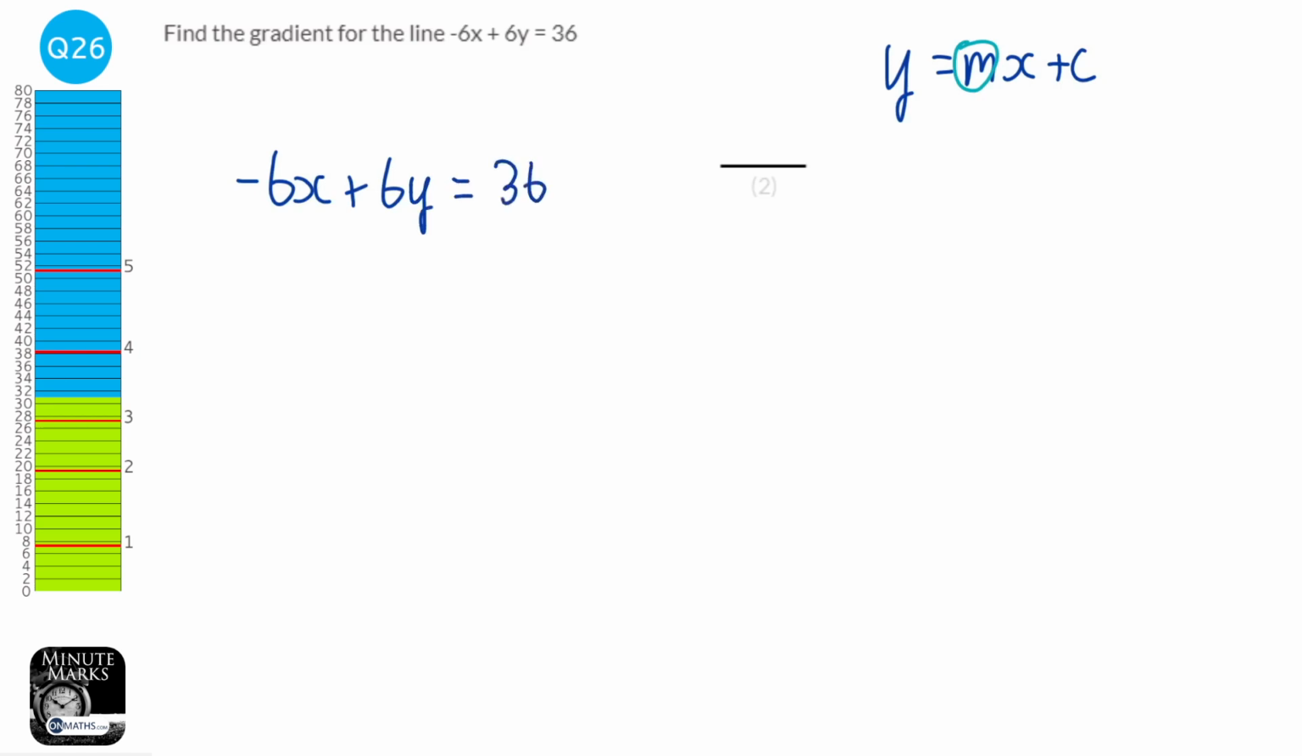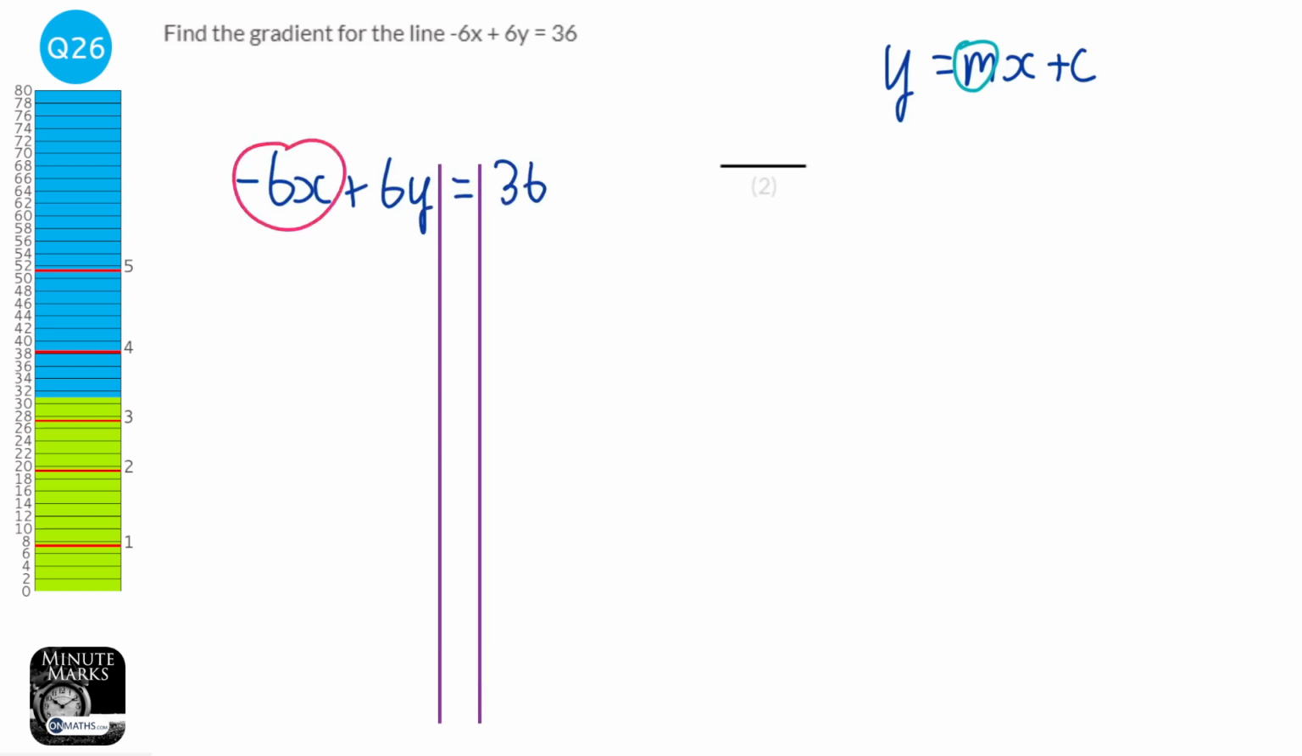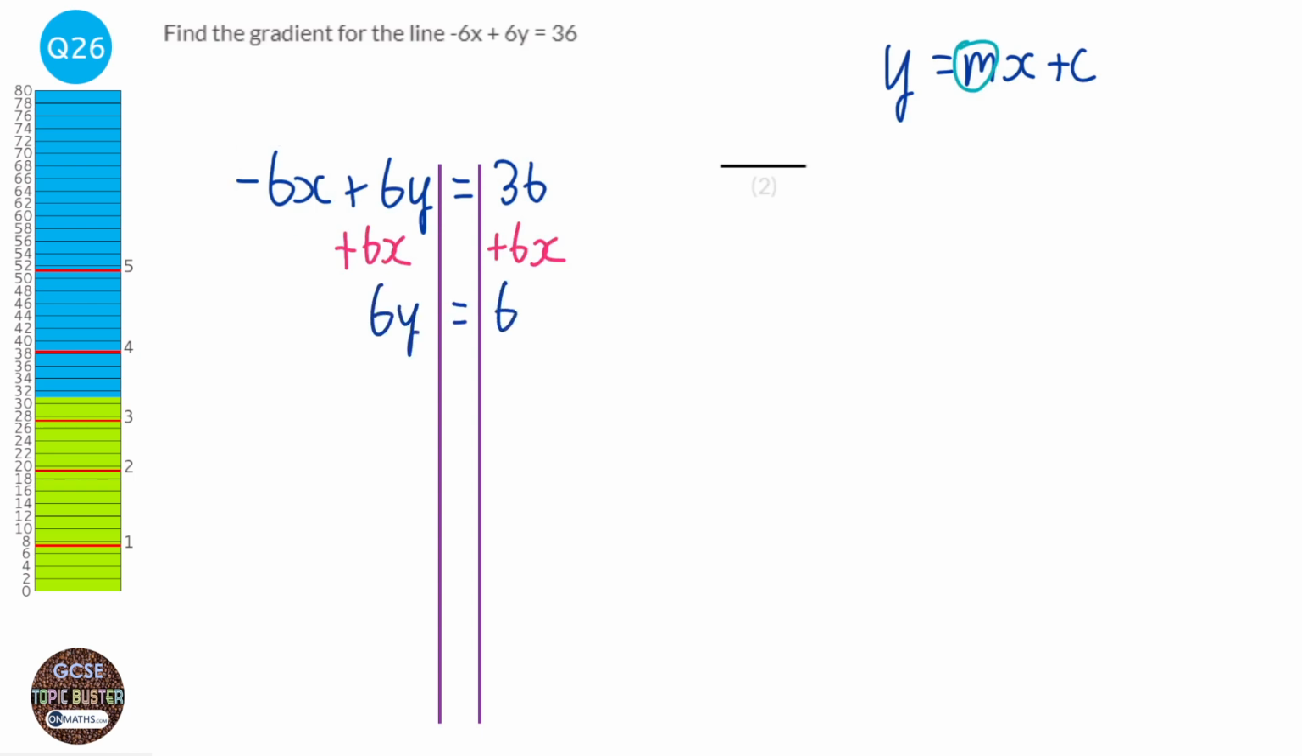And so I'll get my lines in. So the first thing I'm going to do is get rid of the x's from the left hand side, and we can do that by adding 6x to both sides. So we've got 6y equals, and I'm going to put the 6x first just to match the y equals mx